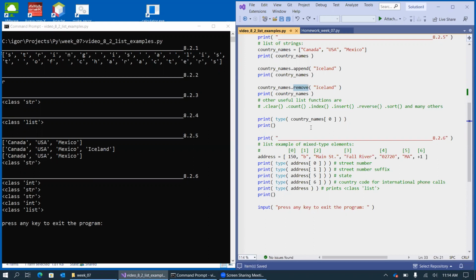This one actually removes the country. So what is exactly happening here when we say remove? Just to make a few notes about this call. The remove function locates an element of the list that matches the specified string. So, right, it just goes through the entire list and says, is there a match for the string,